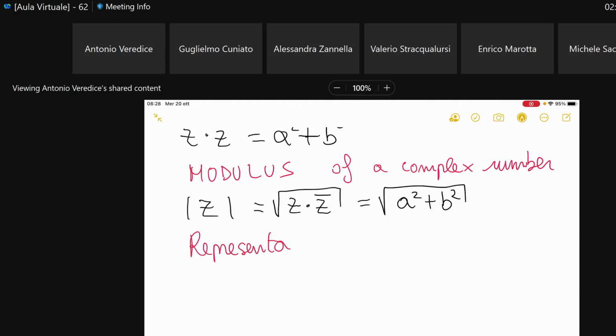If you consider the representation of a complex number Z in the Cartesian plane, and you will see this also on the slides, if you represent this number in the Cartesian plane,